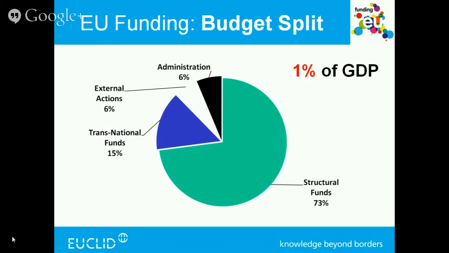which take up 73% of the budget. And in the transnational funds, the Horizon 2020 program takes up more than half. It's a huge budget for the transnational funds. So about half the transnational funds, I think I'm right in saying that, goes on the Horizon 2020